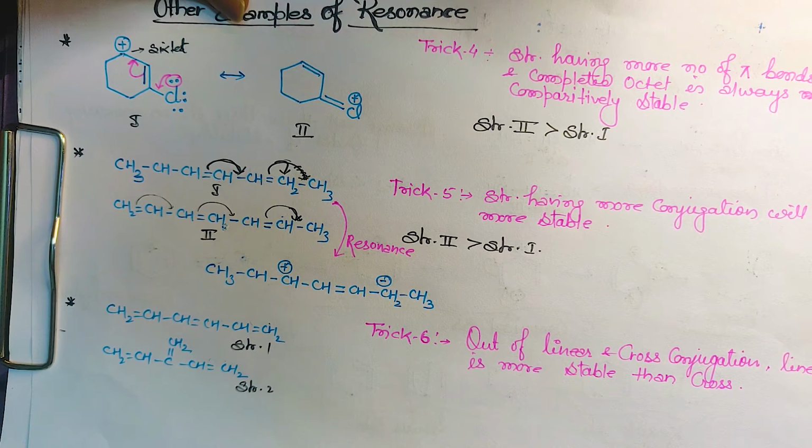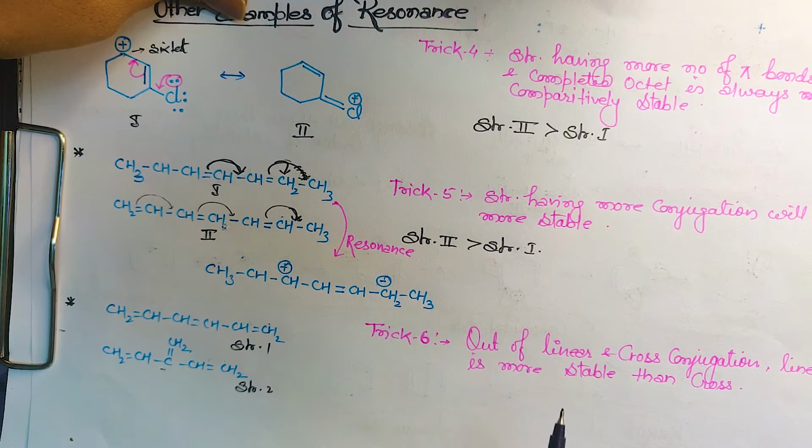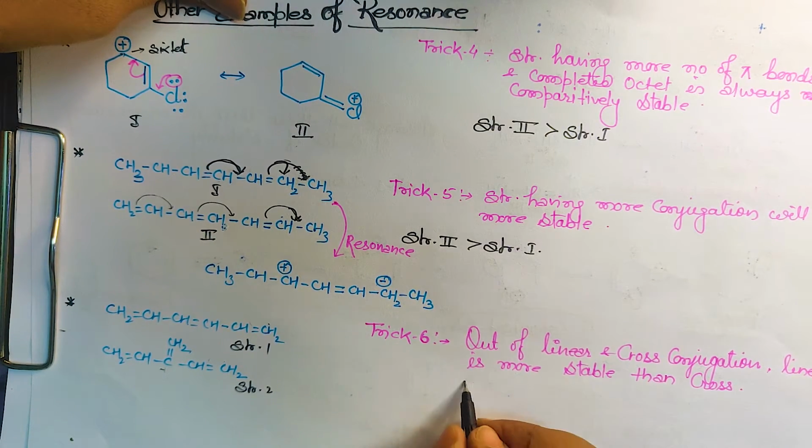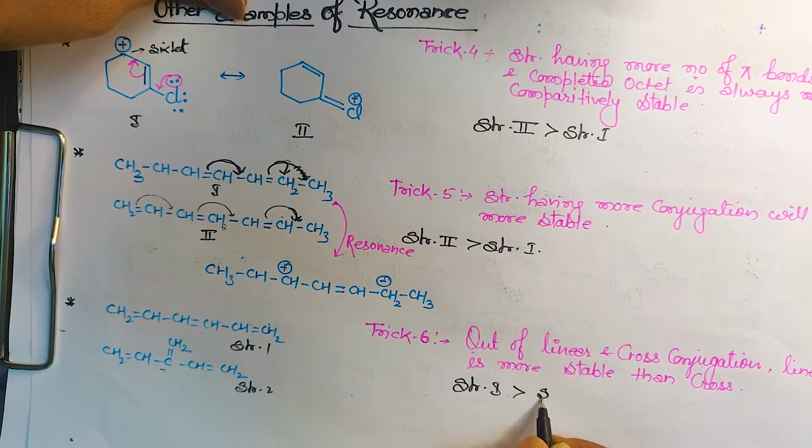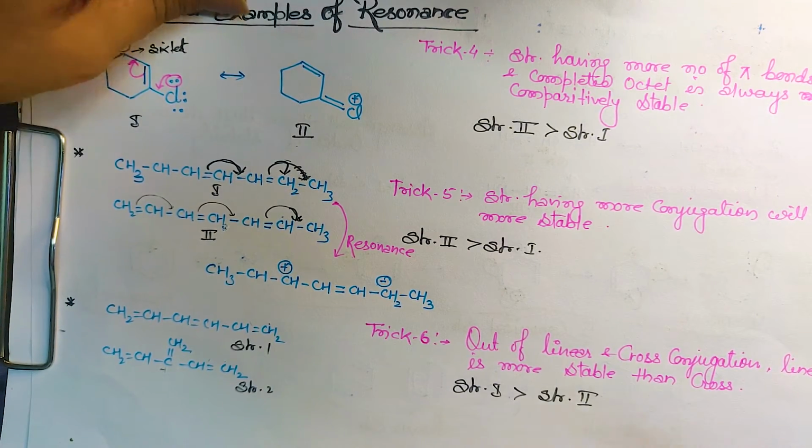So which one will be more stable? Ye rule hai, this is the rule, you can learn it, because if it goes into branching, stability decreases. Suppose in branching it goes over here, it will have a plus charge over here, so it will not go further in conjugation. Ye conjugation mein nahi jayega, so it will stop over there. That's why it is said that out of linear and cross conjugation, linear is always more stable than cross conjugation. This will not go, but ye resonance mein jayega. Got it? So structure 1 is more stable than structure 2. These are the facts that you have to learn.